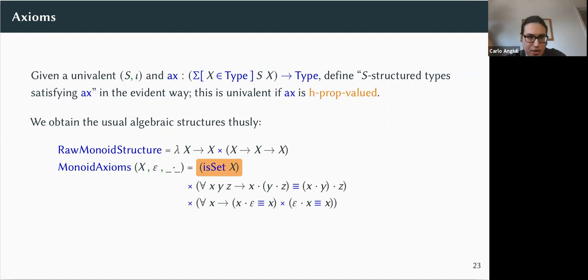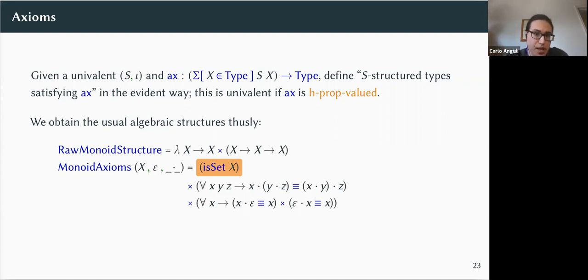Now, using this sort of decomposition, we can define all the usual algebraic structures in our setting. So you break them up: I have a raw monoid, which is just an identity element and a multiplication. And then the axioms are some property of a raw monoid that says that it's associative and unital. But for these associative and unital conditions to be an H-prop, you have to require that the carrier is